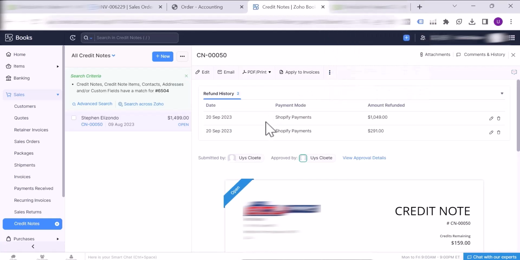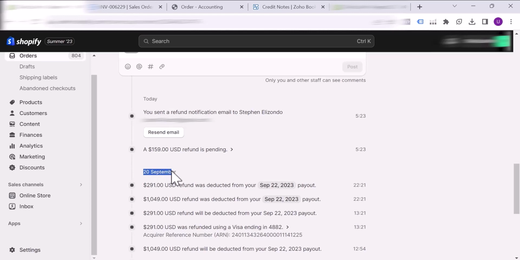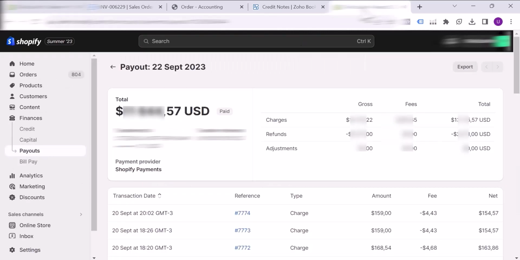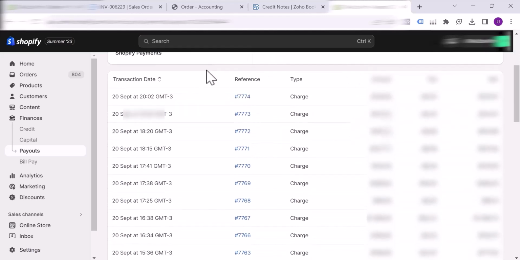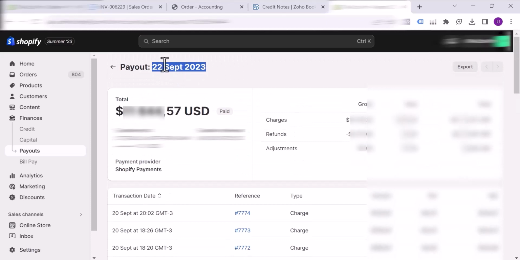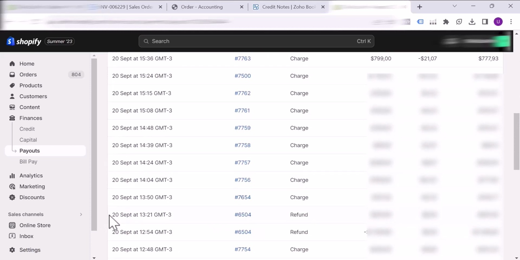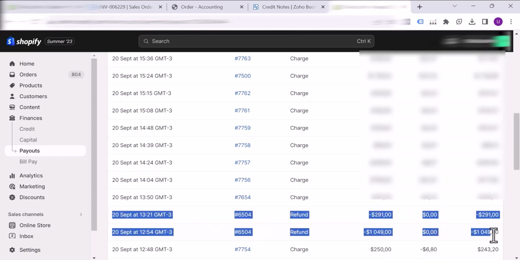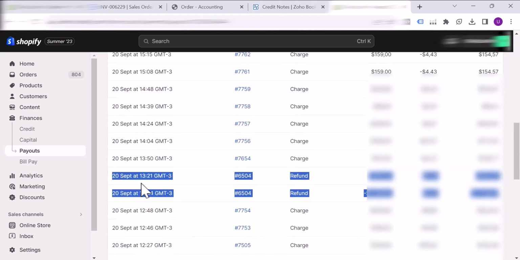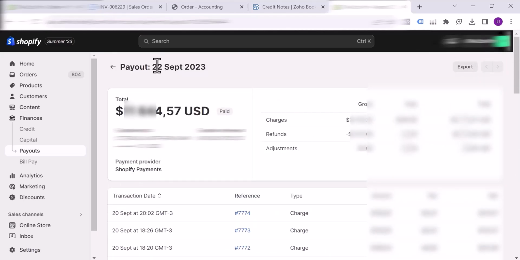Now, why this is specifically important is you'll see that those refunds occurred on the 20th of September. So in here, it occurred on the 20th of September. But if you log into Shopify, the payout for those, or the day that those two refunds were processed out, was only on the 22nd of September. So if I scroll down here, you will now see on the 20th of September, there sit your two refunds. So those two refunds occurred on the 20th of September, but it affected the payout of the 22nd